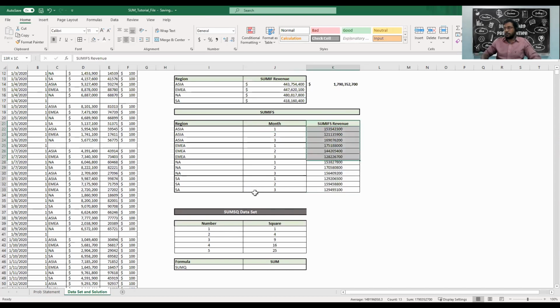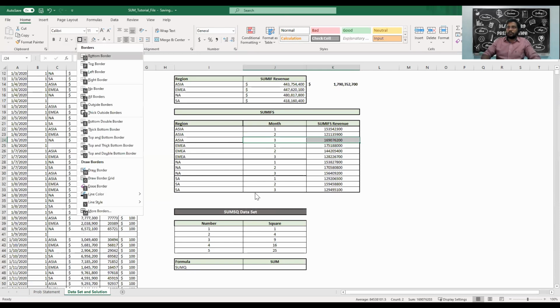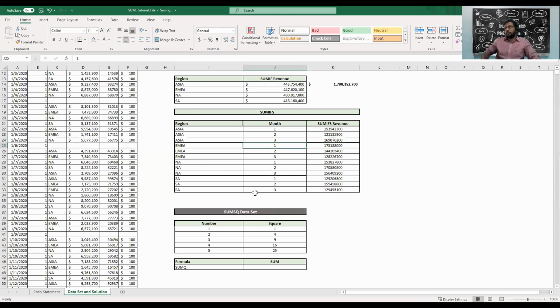Just give me a second. We want to give the bottom border, so we'll say H. Say format painter, format, and again format painter. So now we are good, right?